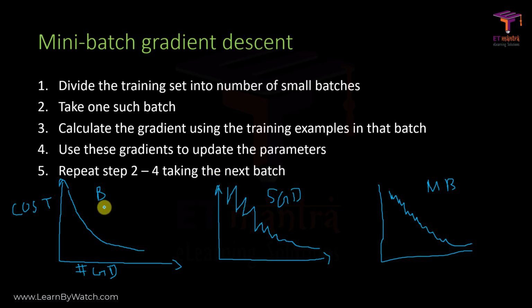Based on our model we will choose what kind of gradient descent we need. Suppose our data is relatively small, then we can use batch gradient descent, taking all of the examples. Suppose our training examples are a little bit large, then we'll use mini batch gradient descent. And suppose our data set is too big, say 32 million, 50 million, then it's better to use stochastic gradient descent. So we have seen how a large data set can affect the training time, and we have also looked at its solution where we can use stochastic or mini batch gradient descent.